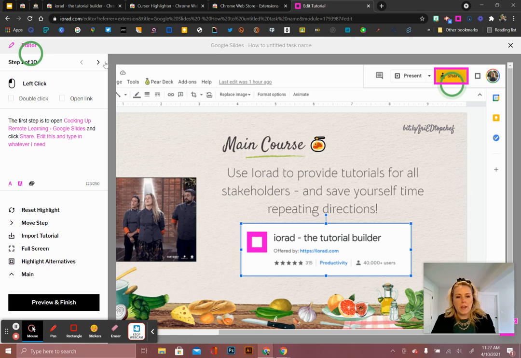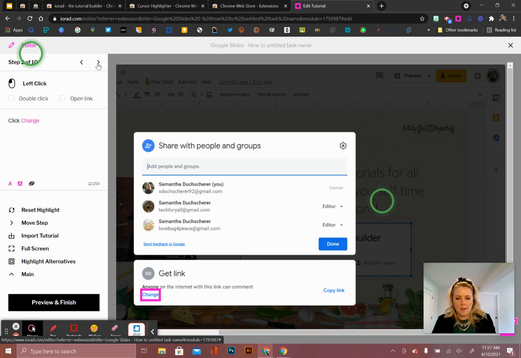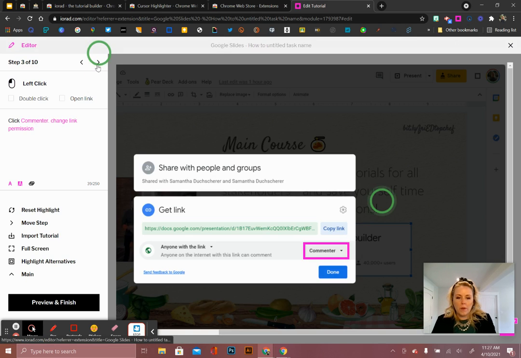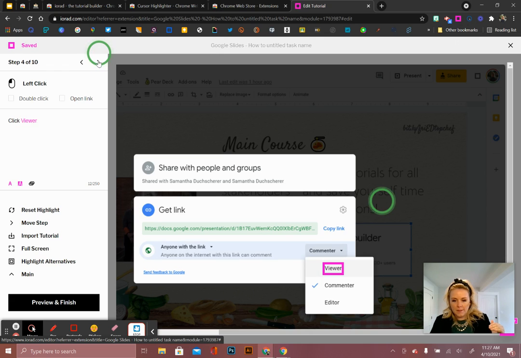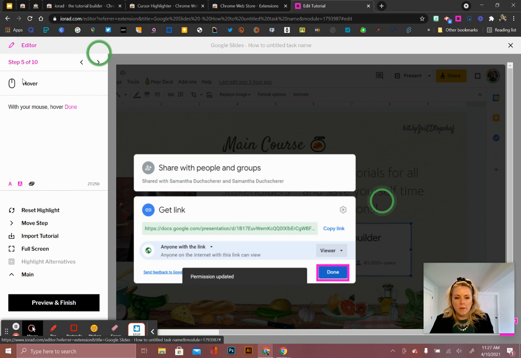Up here, I can go ahead and navigate through the steps that it's given me. You can see as I navigate through, it delineated between each action that I filled out. You can see it delineated between commenter and viewer. With your mouse, hover over done,